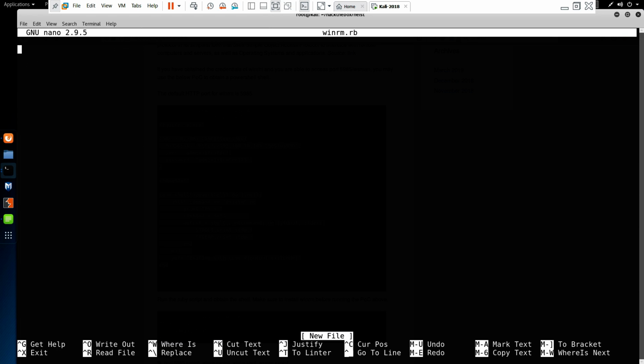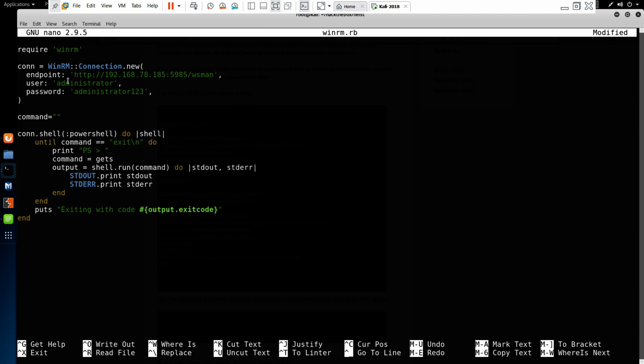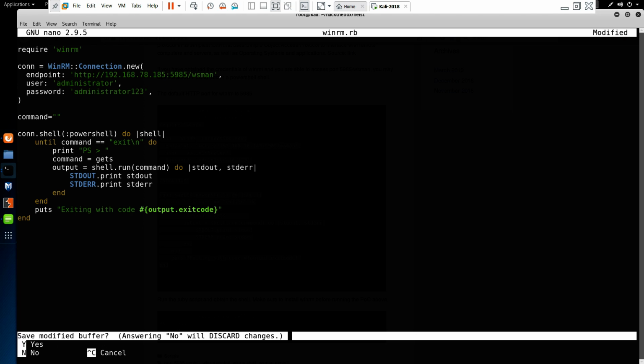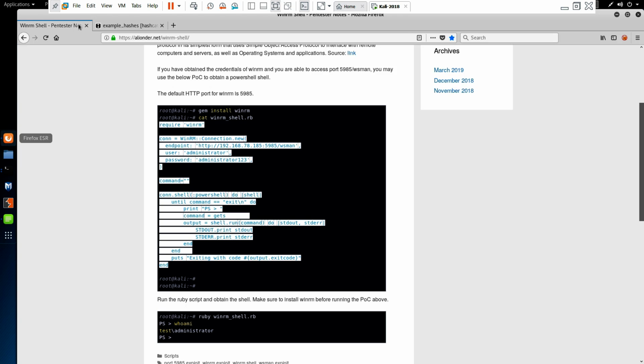WinRM.ruby, paste that in here, and here we could edit the username and password, and also this. So we'll come back to this in a bit. The next thing is to, if we go back to the